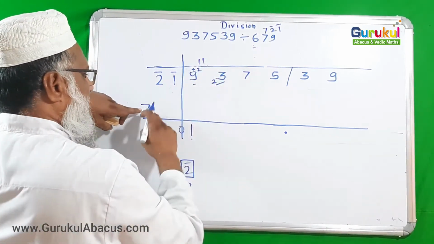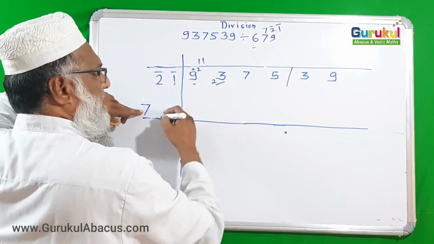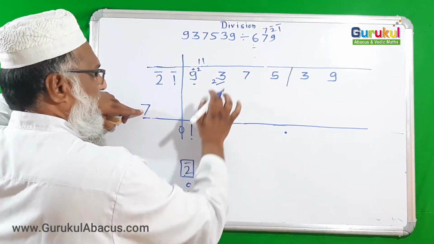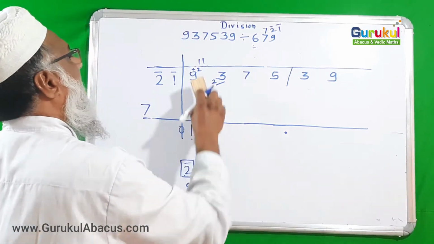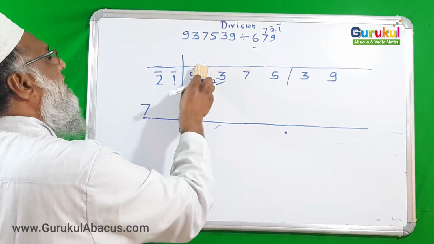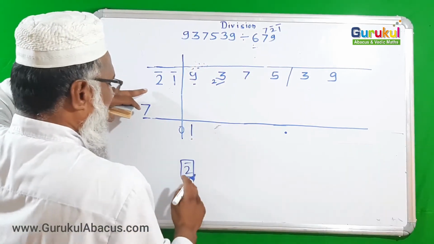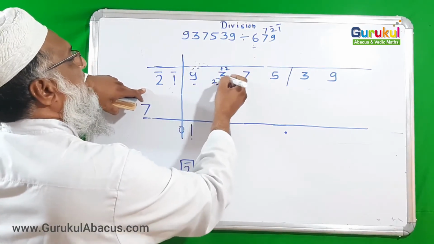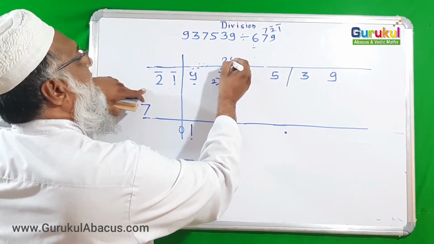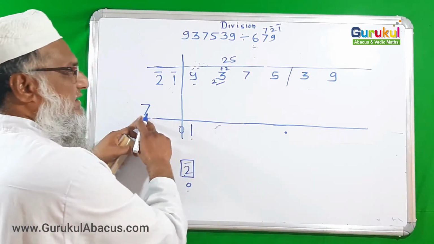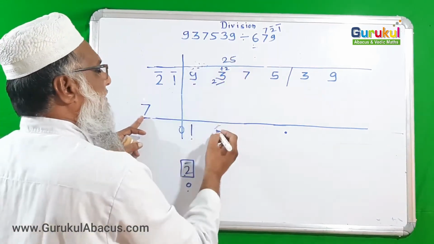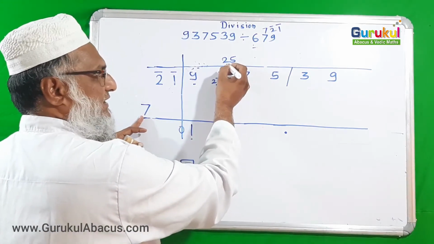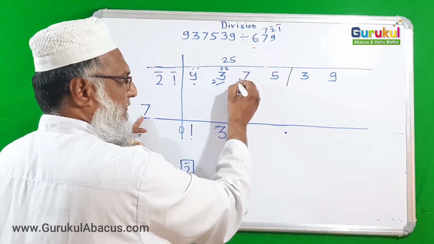So 7 is here, so again I have to say 1za, 7 1za 7. I am sorry, here is 23 with me. I am extremely sorry, I made a little correction. So what is there? That 2 I should not subtract, I should add in that. So 23 plus 2, 25 I am getting. Okay, and now I am thinking 7 is here, so 7 3za is suitable for me. If I am saying 7 3za, then 21 is there, 25 minus 21, remaining 4 that I am adding here.